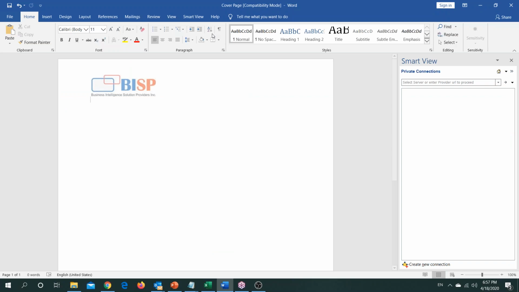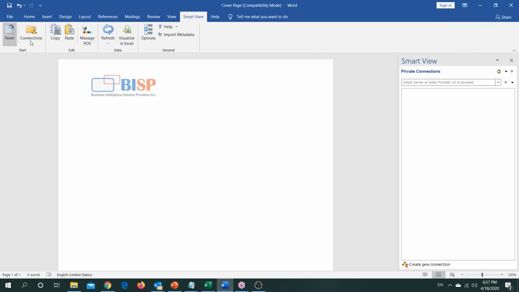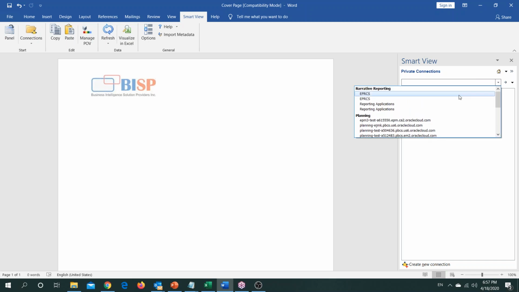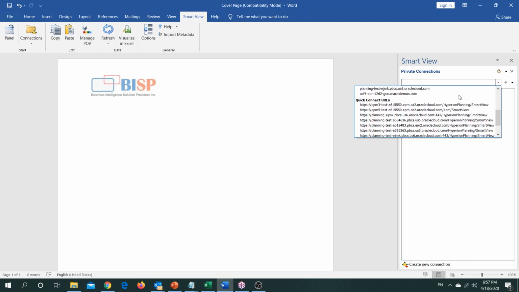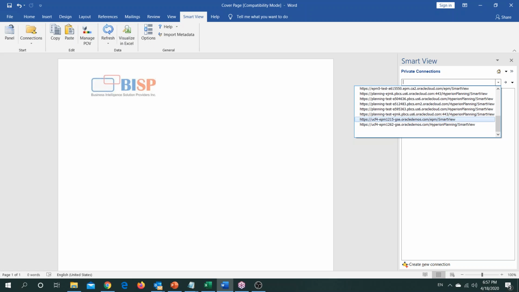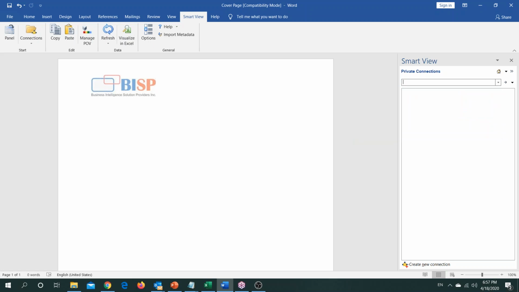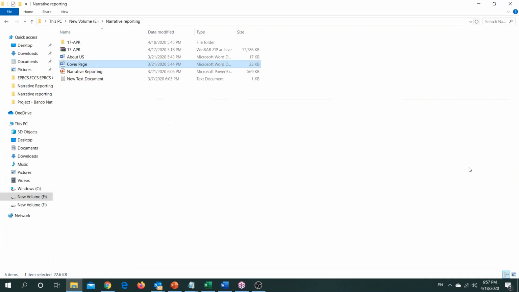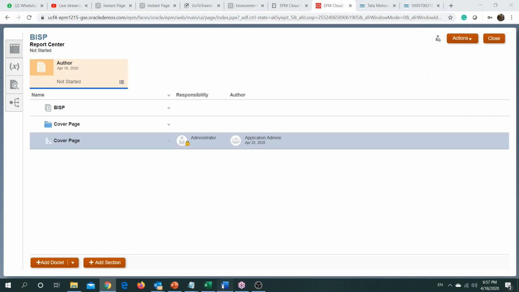So let's connect to our environment using Smart View. So let's go to panel. Okay, so let's search for our environment. Let me just cross verify the environment. It's UC1215.